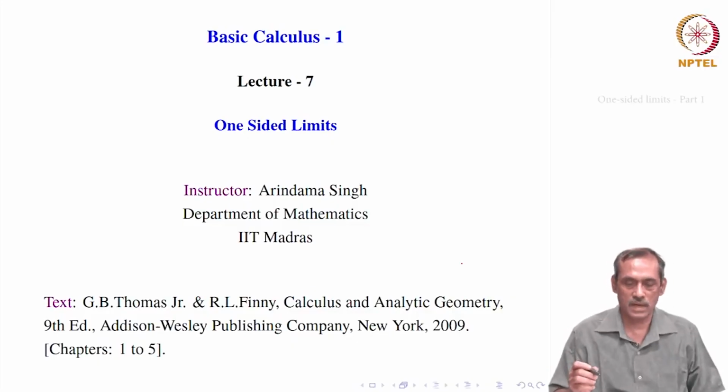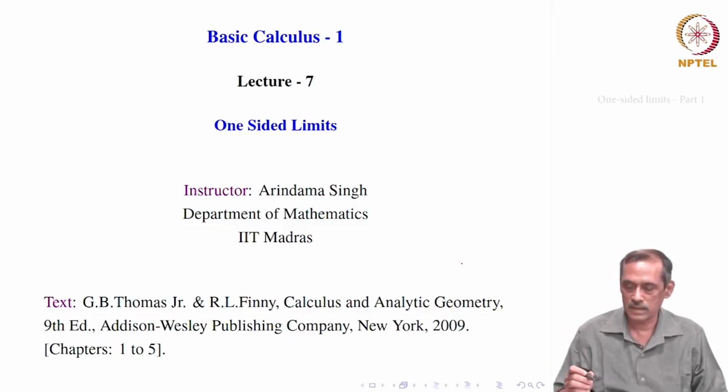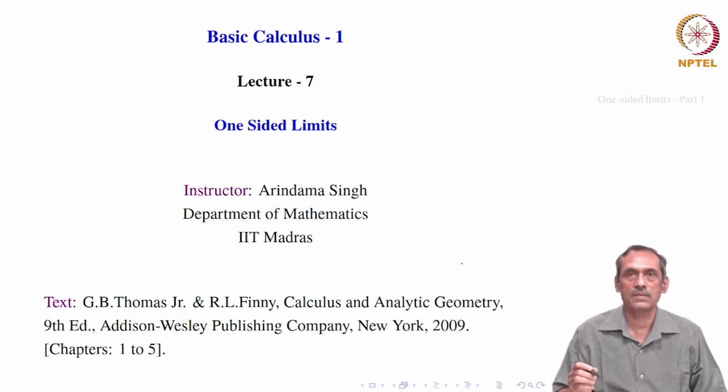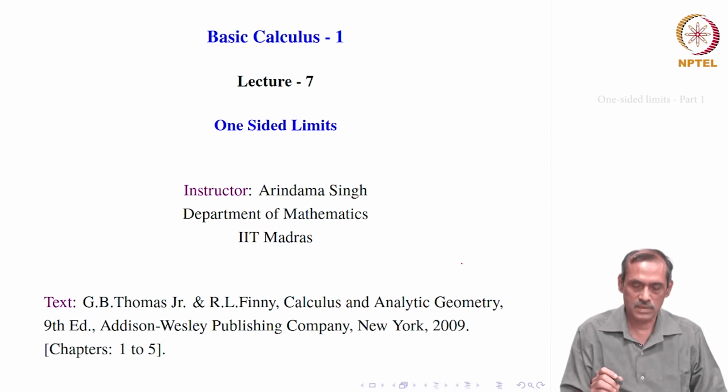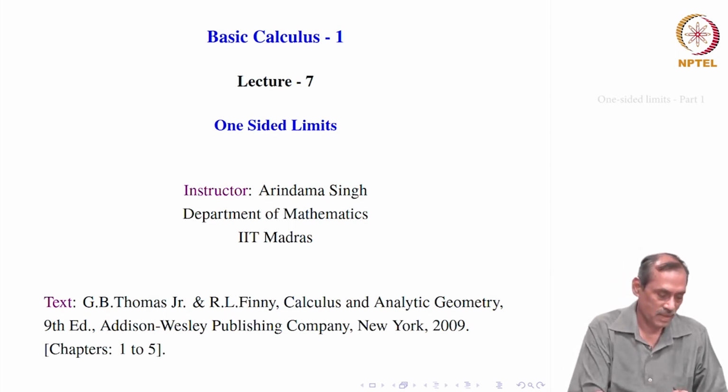So, this is lecture 7 of basic calculus 1. In the last lecture, we had taken some examples from limits, and now we will consider one-sided limits. You will see how it is different, but not much different. It is the same process. However, it depends on the function where it is defined. Sometimes also, even if the function is defined throughout an interval, we will again be considering one-sided limits. We will see slowly.